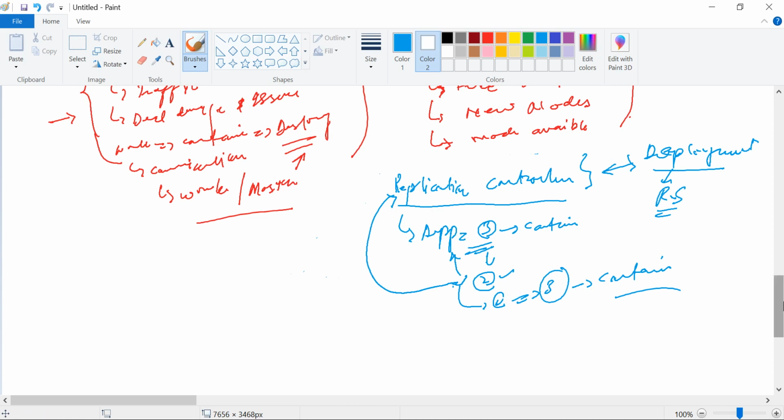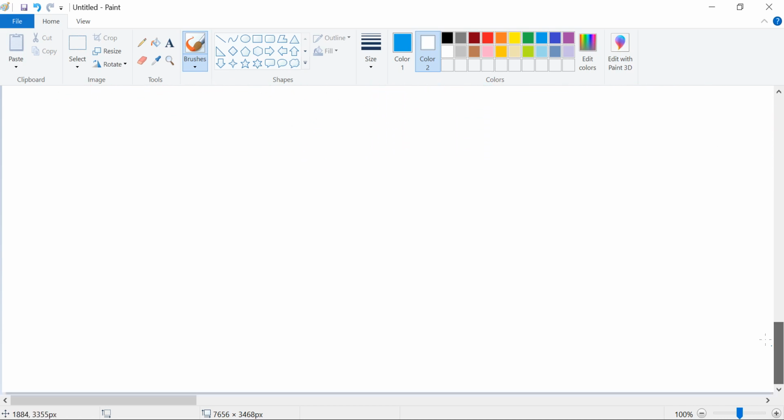Now let's move on to a very important component, the Kube API server service in the Kubernetes cluster, which is very famous and important among these.